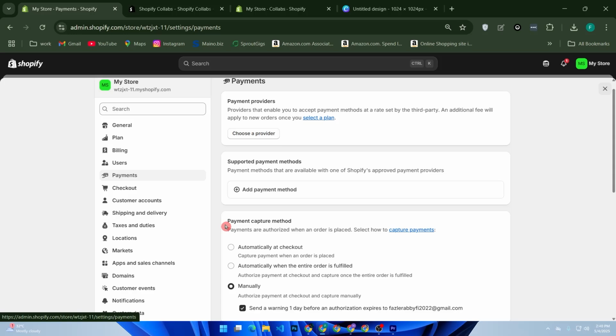But if Shopify Payments isn't available in your country, you can want a custom Stripe setup. Here's how to do it. Go to stripe.com,